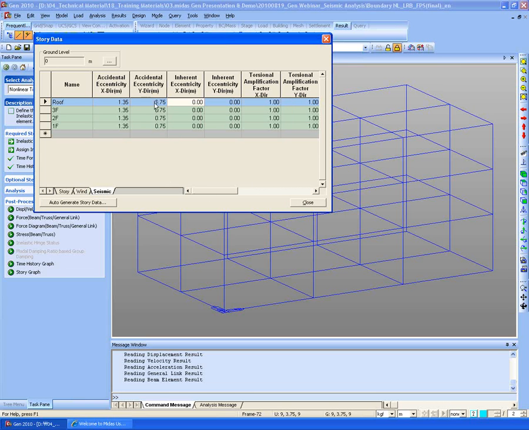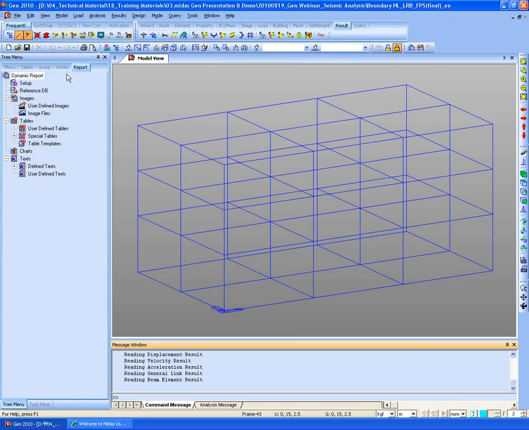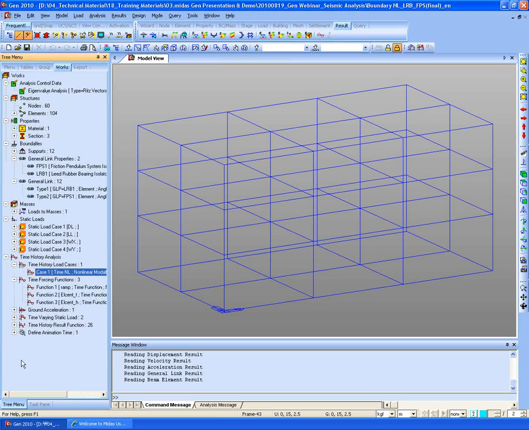Firstly, for the static seismic load, it can be specified for different floors here. So if you have different eccentricity for each floor, it can be specified in this table for the static seismic load. However, if you are using the response spectrum analysis for the seismic load,